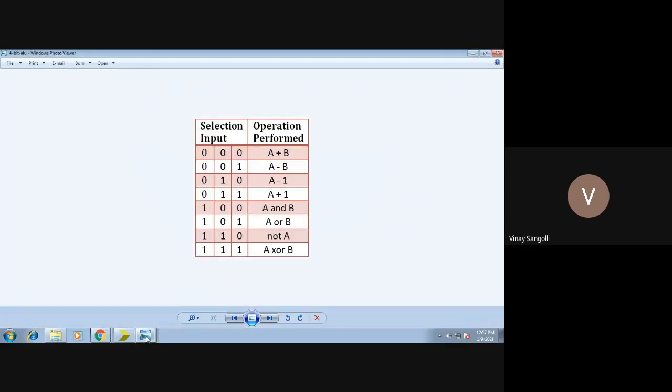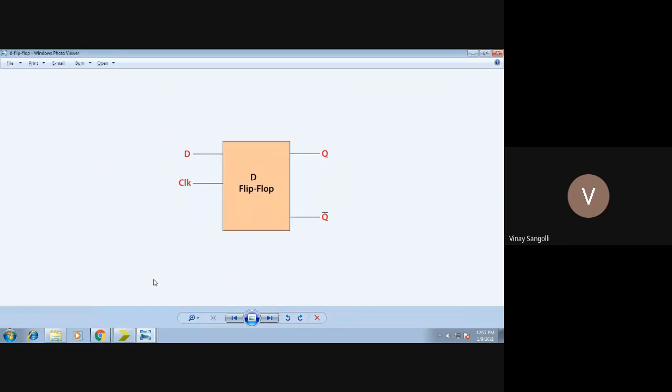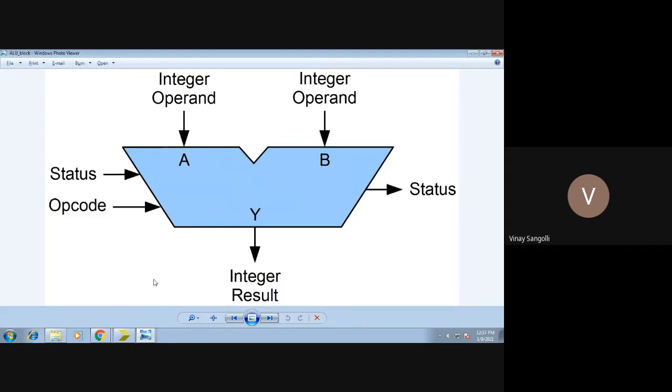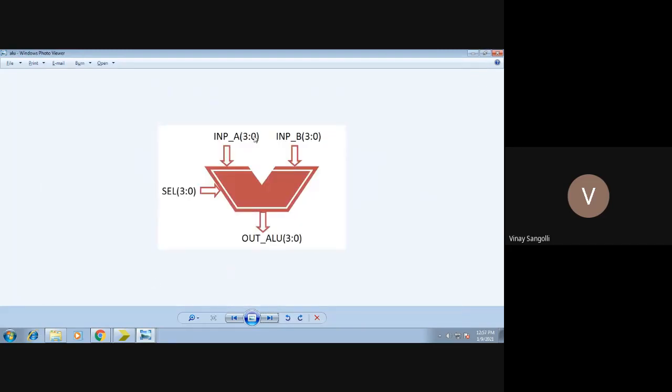Fine. So this is how your block diagram is. I hope this is clear. Here they have taken it as 3 down to 0. The same thing we will be taking as 31 down to 0, for both input A as well as input B. For select lines we have taken 2 down to 0, that means 3 select lines. Here they have taken 4 select lines. Output we have taken as 32 bit. Why 32 bit? If you will go to the code later, there you will be observing that the output will be 32 bits, 33 bits, whereas input would be 32 bits. So you'll see that in the experiment.